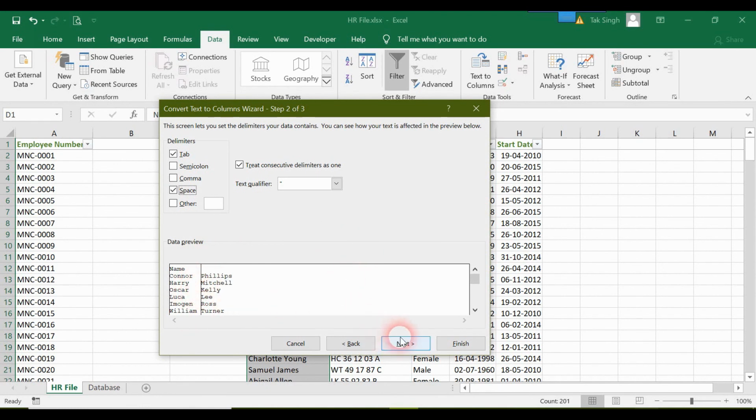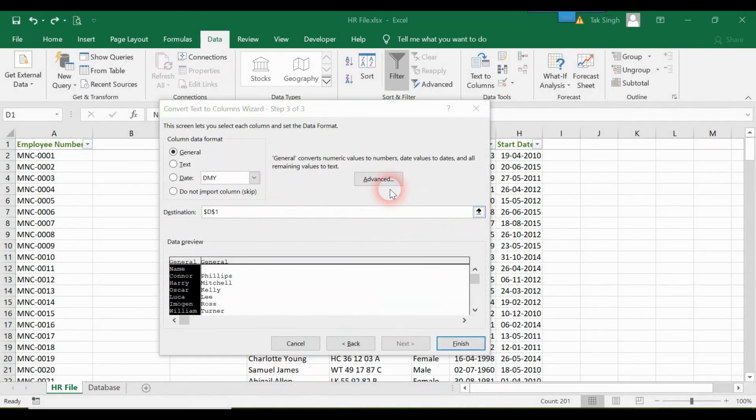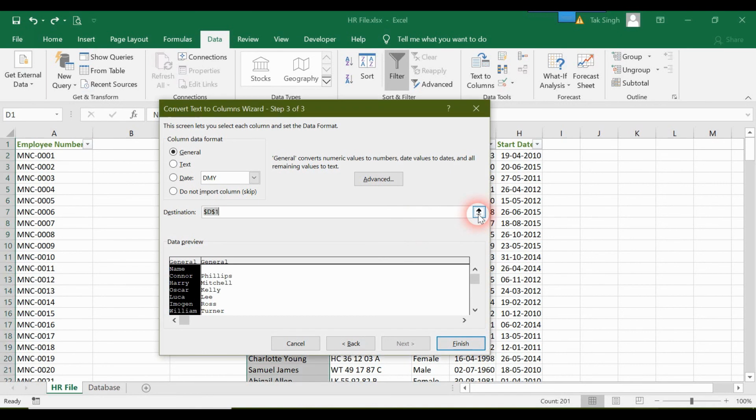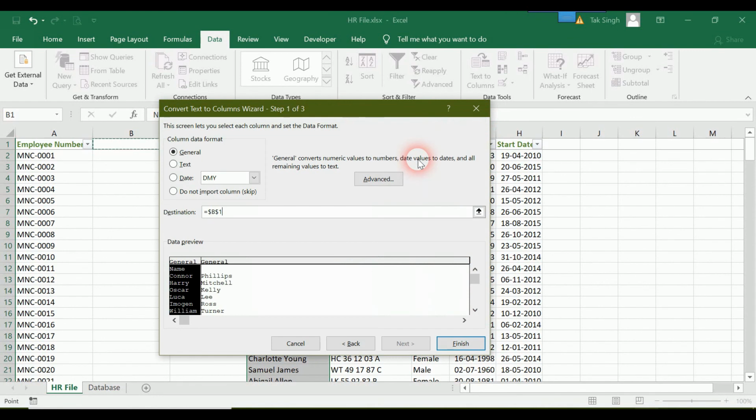Then I will click on Next, and now it is asking me for the destination. Here I'm going to select the destination, and to do that I will click on this button, and then I will select my destination as this cell, because this is the starting cell over here, and press Enter, and then I will click on Finish.